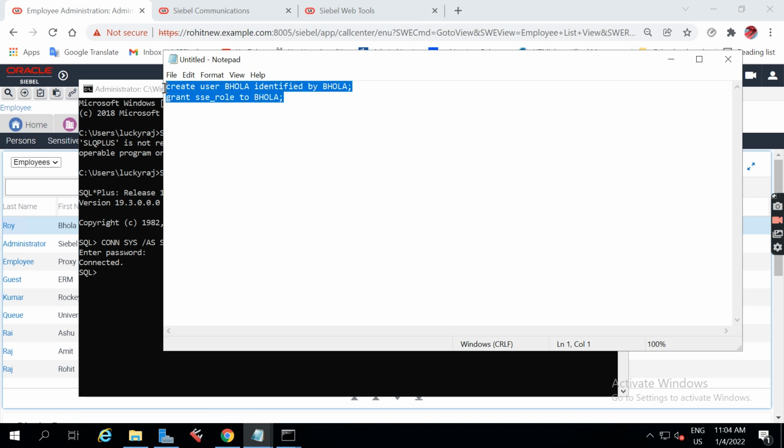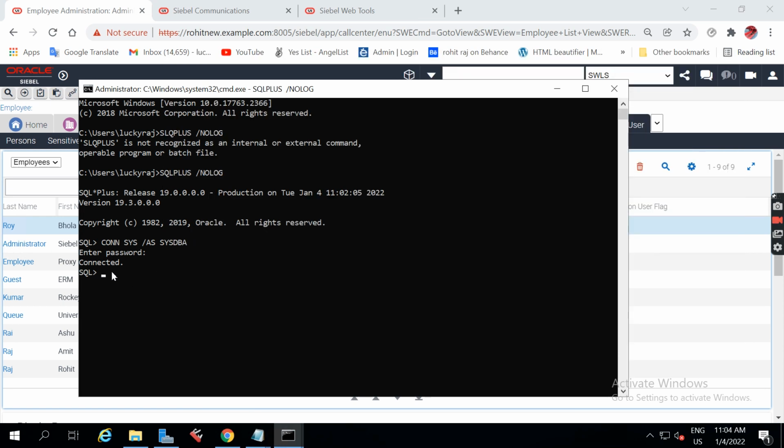So I'm just copying and pasting it here. The user is created with the name Bhola and now they are asking for the grant. So we press Enter. Yes, the grant succeeded. So by using the Bhola ID we can log in.